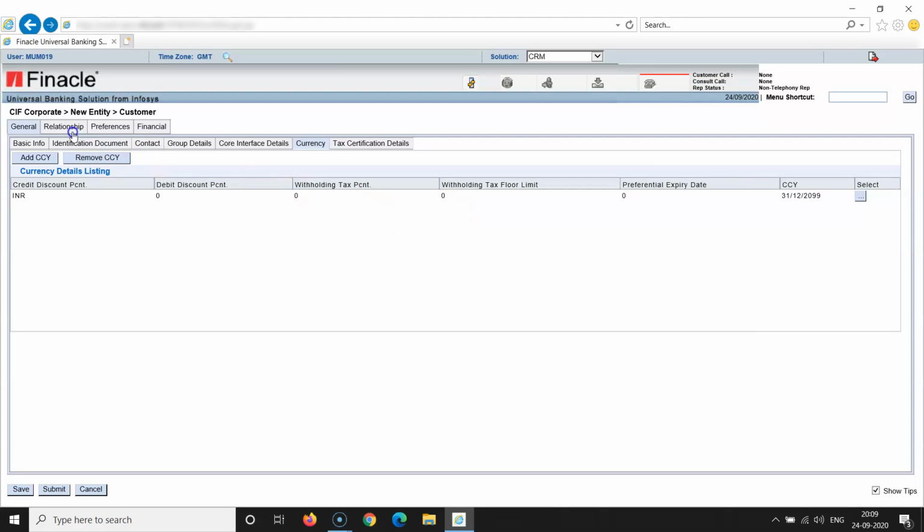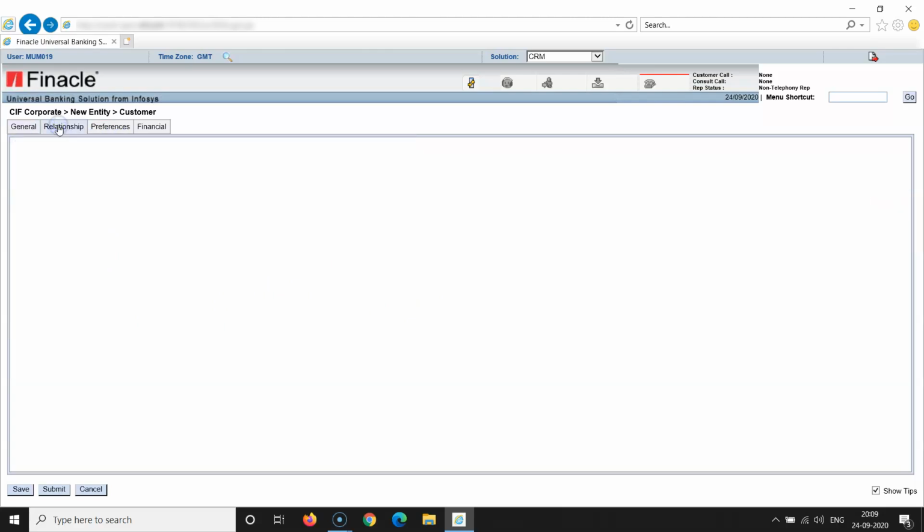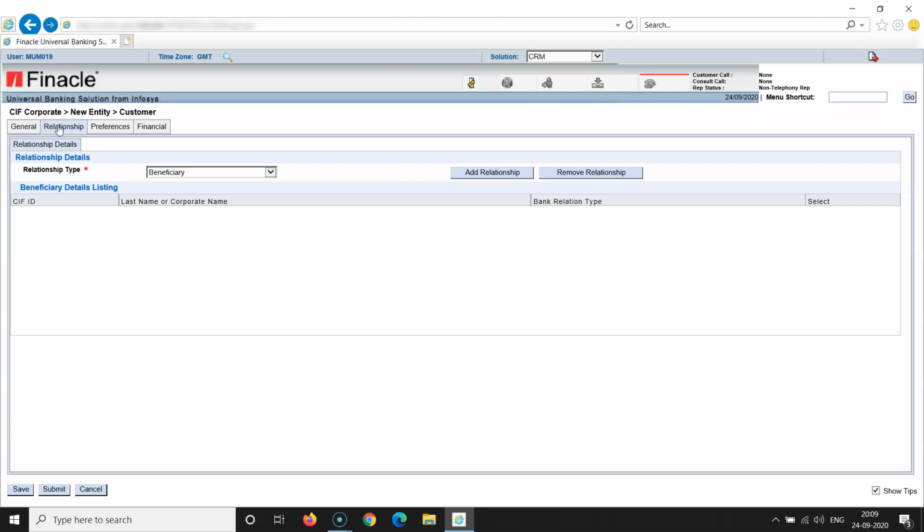Now demo relationship is not necessary. Okay, so preferentials, and let's see what is remaining. Okay, relationship is not required. Let's see if any field is remaining. Okay, relationship, let's see. It is a beneficiary, contact, corporate representative, so we are opening account of the beneficiary itself. Leave it as it is, right? So we need not change anything. If it is someone else, we have to add the relationship. In case he is a guarantor, introducer, other relationship, shareholder, we can do it accordingly here, right?